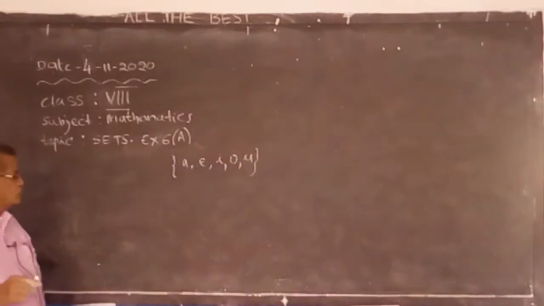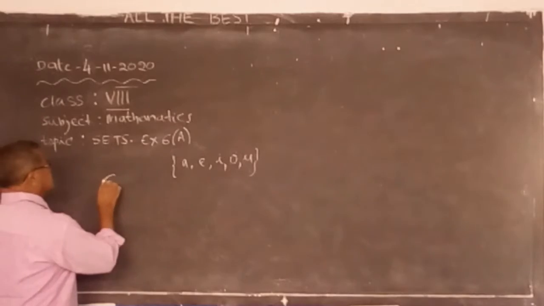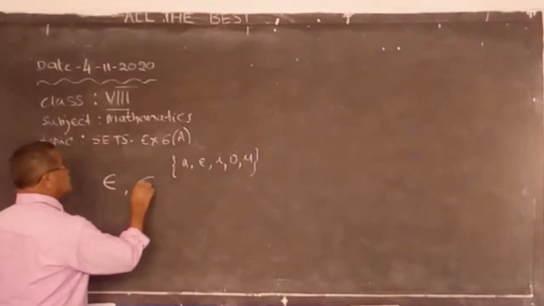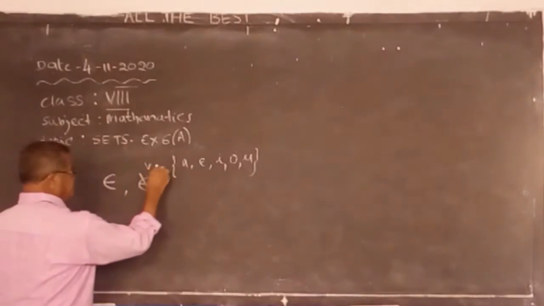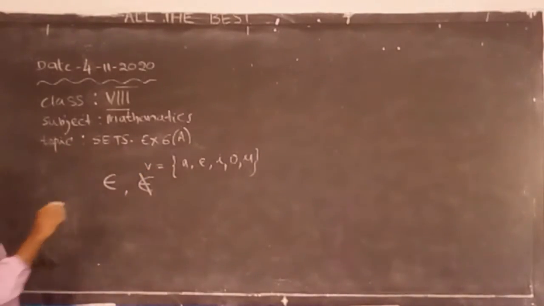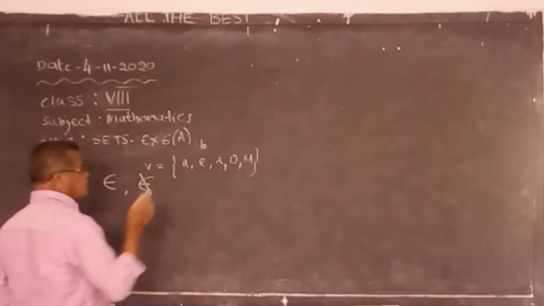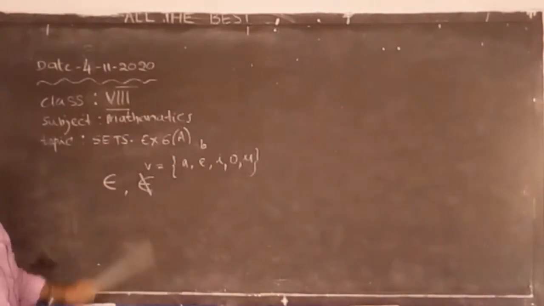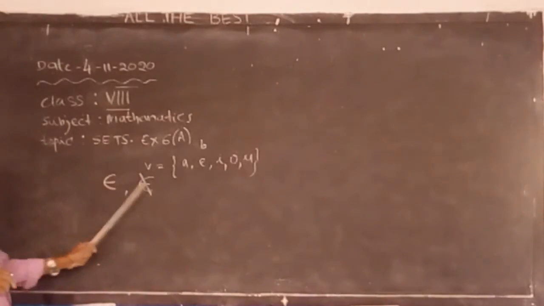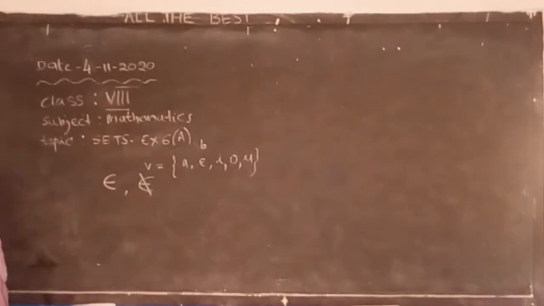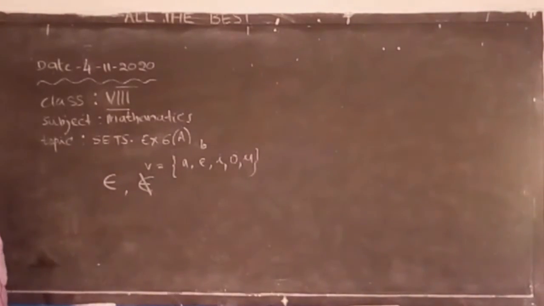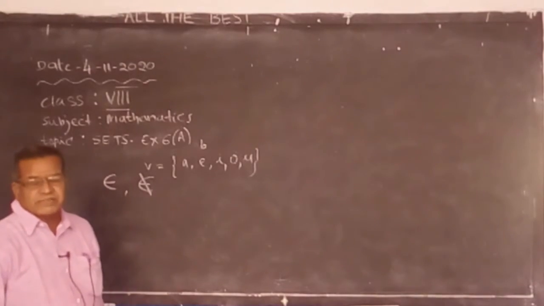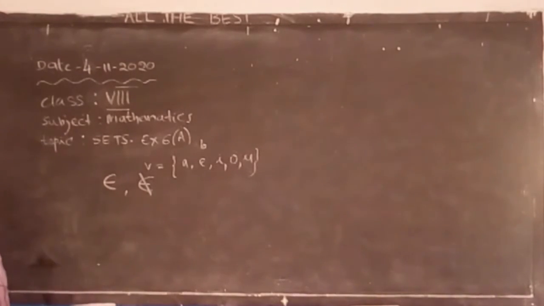We write the rule of the objects instead of listing them. And afterwards, there are the symbols: this is belongs to and this is not belongs to. A belongs to set B. And suppose there is b, b does not belong to the set B. So we use these. So belongs, not belongs. Next, we learn types of sets.